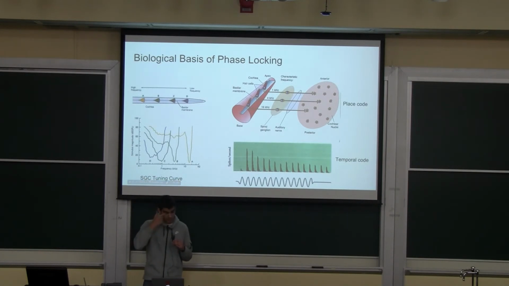But if you additionally have it phase locked, then you can do something as simple as matching up the number of peaks of the firing of the ganglion cell with the number of peaks in the sound wave, for example. And you're able to tell, okay, 300 versus 301, 301 peaks versus 300, big picture, just so you guys understand. But 3000 hertz versus 3001 hertz, you can no longer